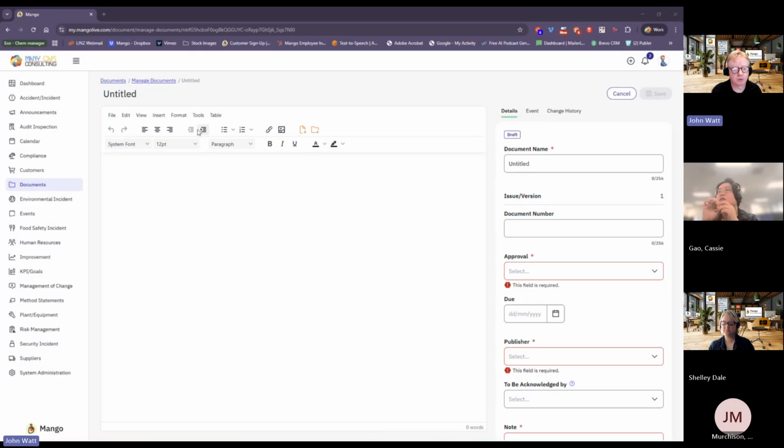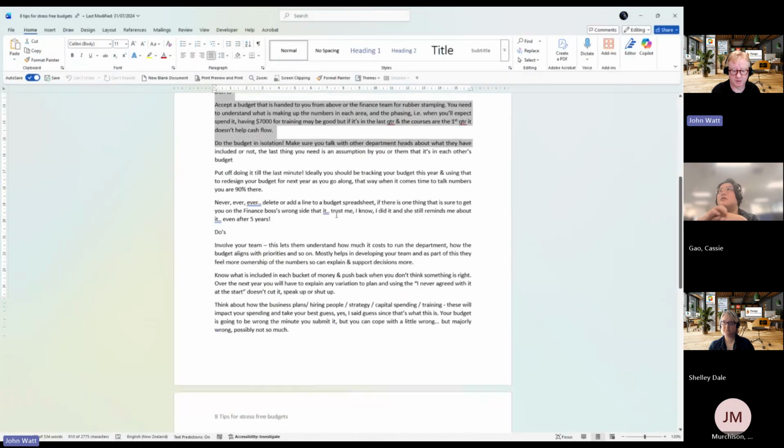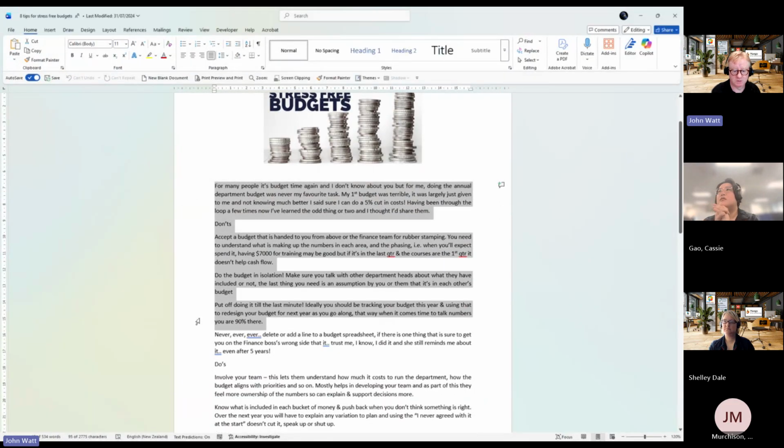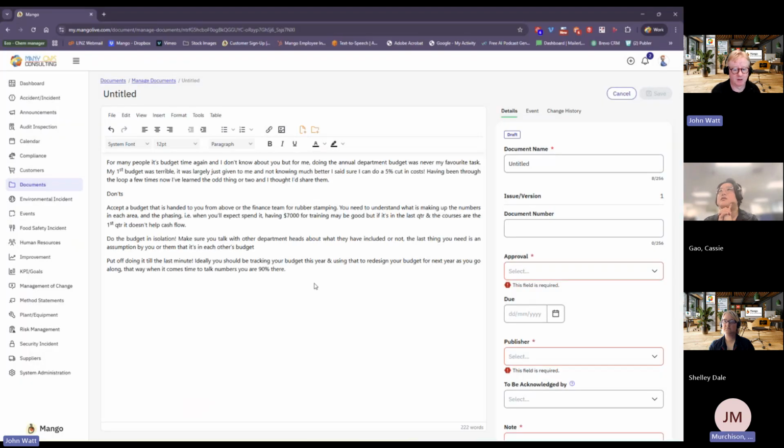It depends what you want to do, because there's a couple of things you can do. Let me show you a couple of things. If I've got a procedure that's written, this is not a particularly good example because it's all text, but say I've got that, getting it into the system can be pretty quick. Just copy and paste.